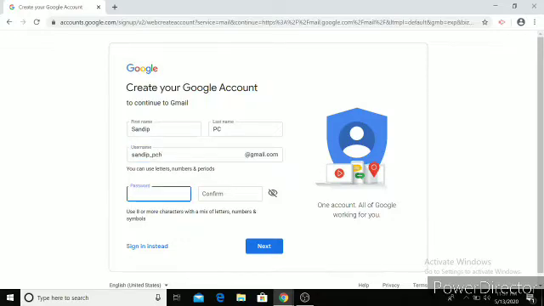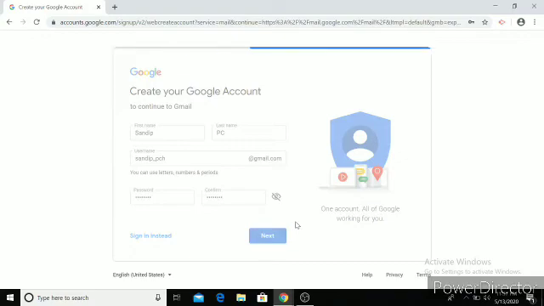If the username already exists, it will prompt you to make a new username, but then we can use it. So I can put a password here. And the password, please remember, you have to put two times, so you have to remember your password. Some of you do have this habit of not remembering the password, so we can always write it down and keep it safe somewhere. Please remember you have to use at least 8 characters. It should have some letters, some numbers, and symbols. For symbols we can use something like the at sign and so on. So I've kept this symbol on.